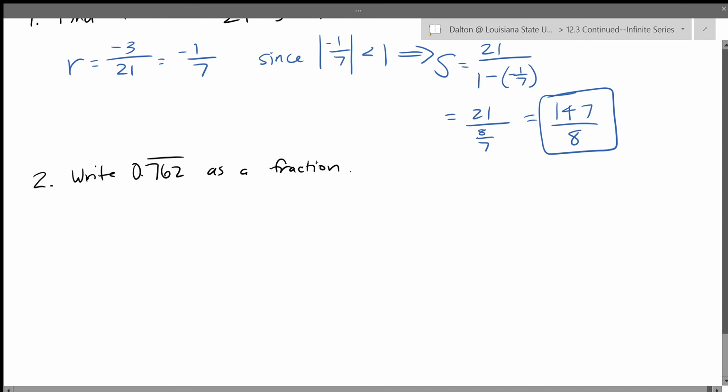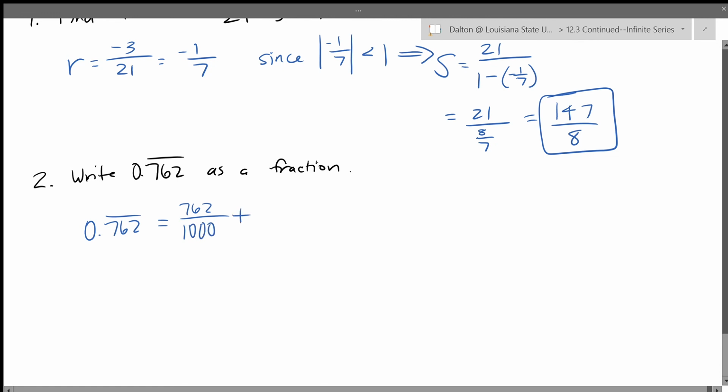If I write this decimal as a sum of fractions, that would look like this. 0.762 repeating would be the same thing as, if I wrote this number as a fraction, 762 over, you have to be cautious with your places here: tens, hundreds, thousands. So that would be 762 over 1,000